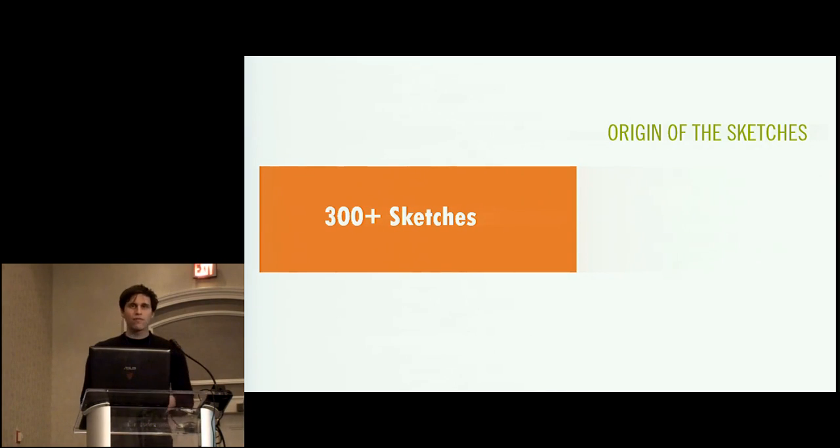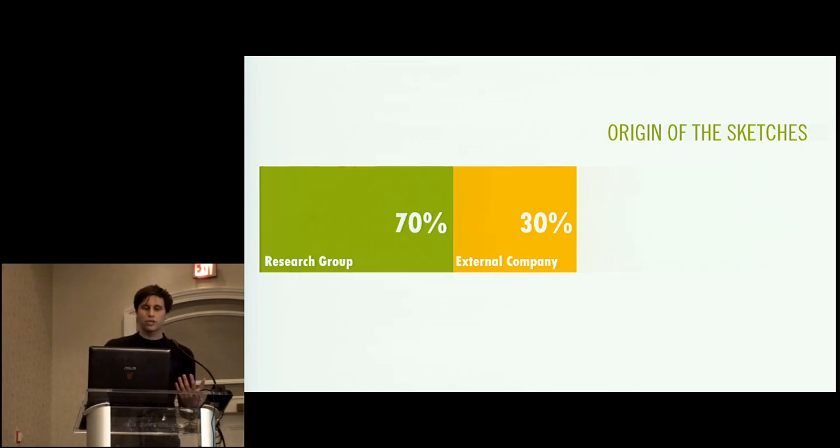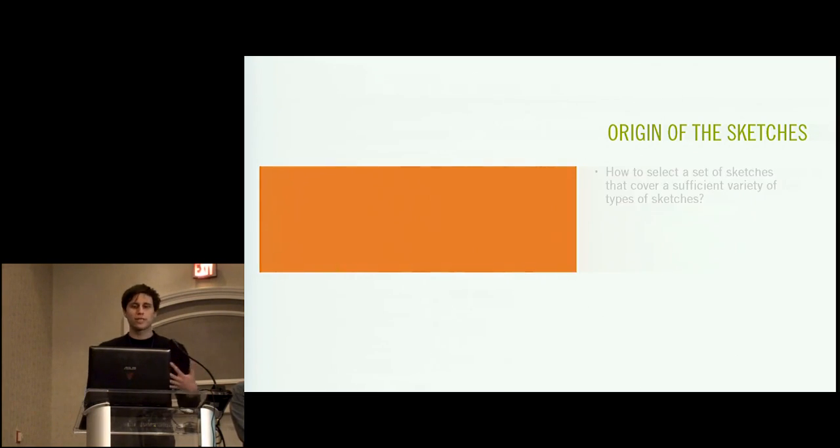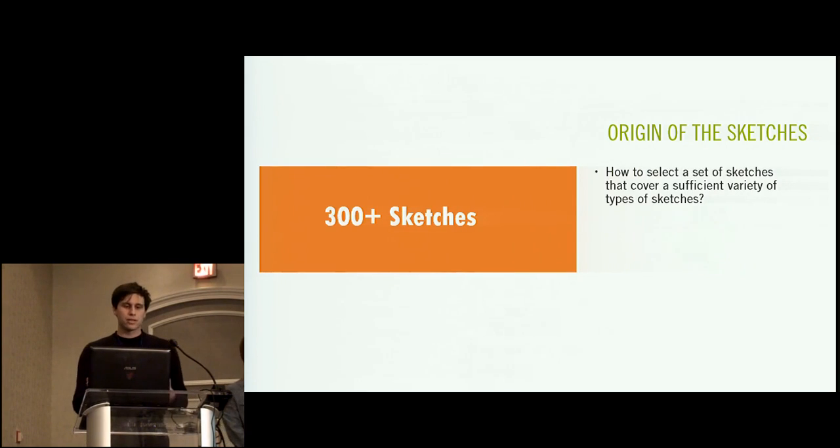We started off with a huge number of sketches that we captured in our own research group and also from an external company. These sketches were done on large interactive whiteboards over 2 years by more than 15 persons, so we had quite a nice variety, which comes from team meetings, workshops, brainstorming, note-taking sessions, and so on. The question now is, we have to cut it down a bit to give it to the users. They can't really look at 300 sketches, obviously, so we had to find some sort of categorization